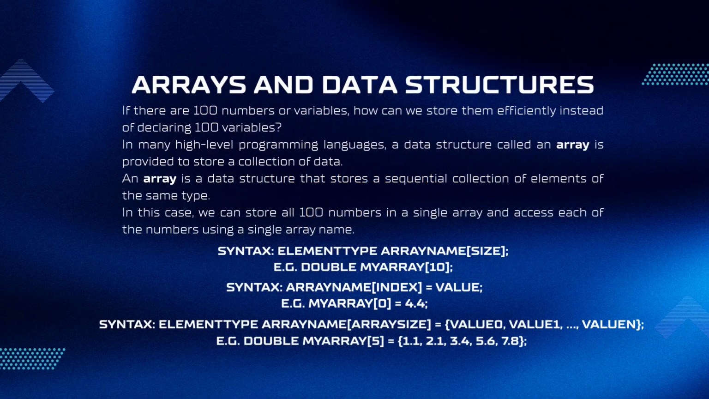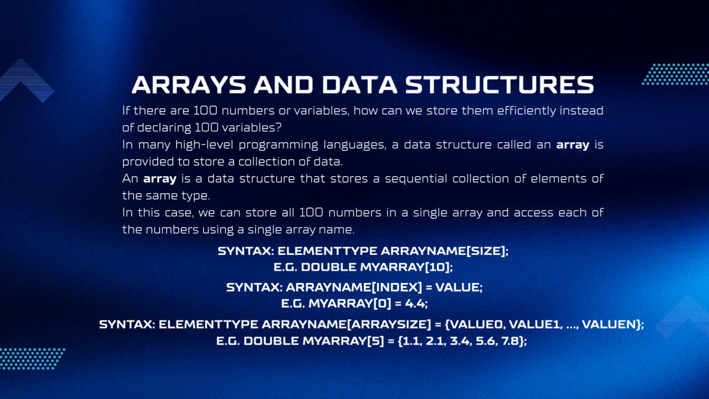We know how to create a variable and assign it value. Now, if there are 100 numbers or variables, how can we store them efficiently instead of declaring 100 variables? In many high-level programming languages, a data structure called an array is provided to store a collection of data. An array is a data structure that stores a sequential collection of elements of the same type. In this case, we can store all 100 numbers in a single array and access each of the numbers using